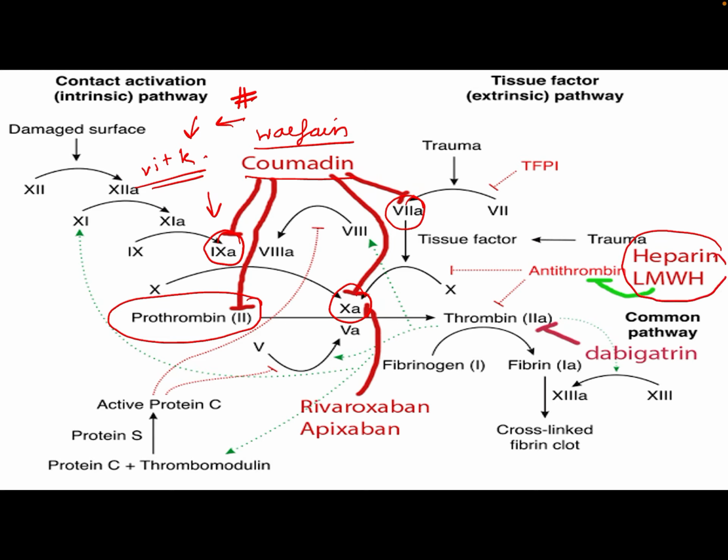Second group is the heparin group: heparin and the low molecular weight heparin. Low molecular weight heparin is also known by the name of enoxaparin, and enoxaparin is known by the brand name Clexane. So heparin or low molecular weight heparin, they will act through the antithrombin pathway. They will activate the antithrombin pathway. The antithrombin pathway will further act in two ways. It will cause inhibition of the conversion of factor 10 into the activated form, the 10A clotting factor.